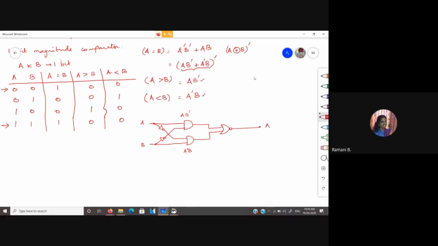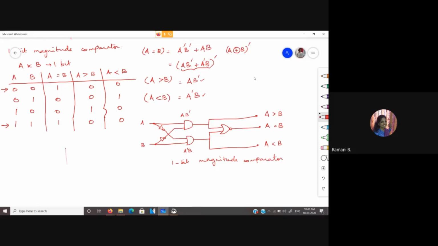So this output of the NOR gate gives me A equal to B. And for A bar B, I can straight away take this one. This is for A greater than B, and this is for A less than B. Okay. So this is a 1-bit magnitude comparator.